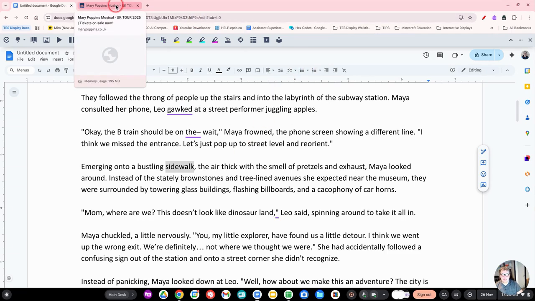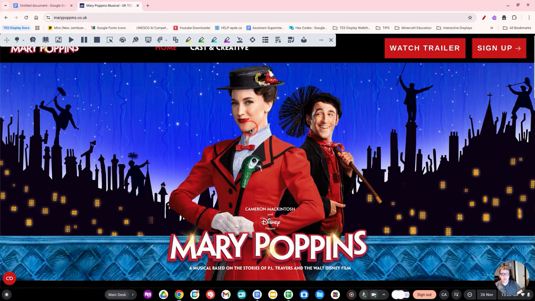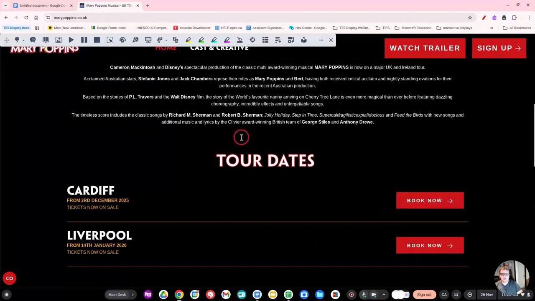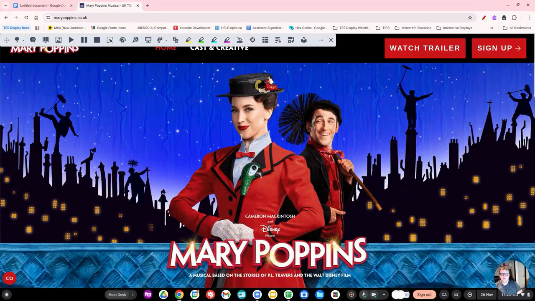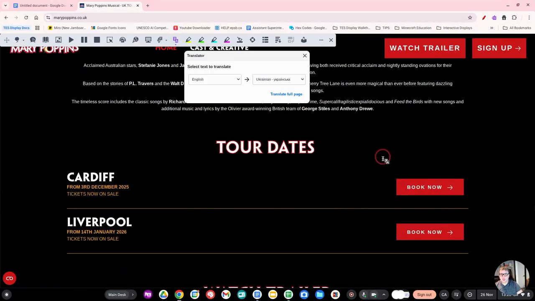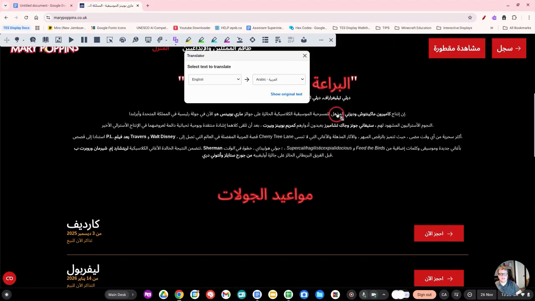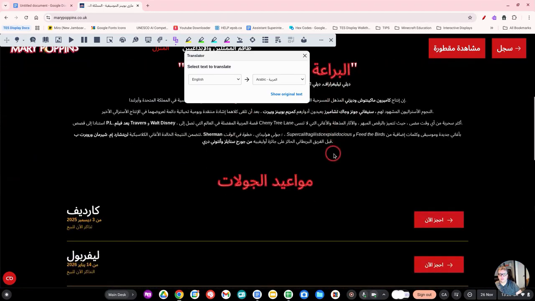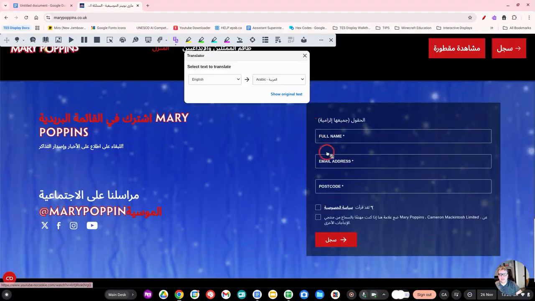When I'm looking at websites, I also can do the same thing. I can scroll down, as you can see on this website of a Mary Poppins touring show in the UK. I can simply click on the translate button, and I'm going to go from English and I'm going to, let's say, translate this into Arabic. I do not speak Arabic, so I can't attest to the success of the translation, but I can click Translate Full Page. And right before your eyes, it will translate a significant amount of the text, if not all, from English into Arabic, so that Arabic-speaking people can read the